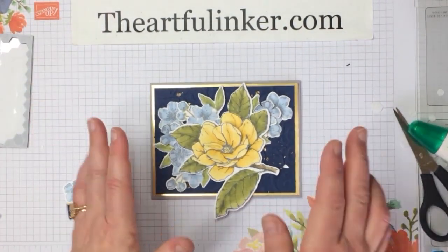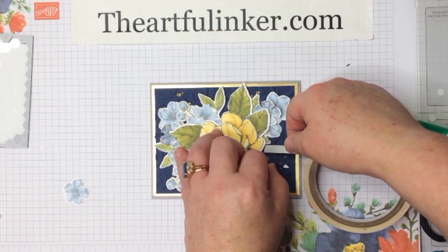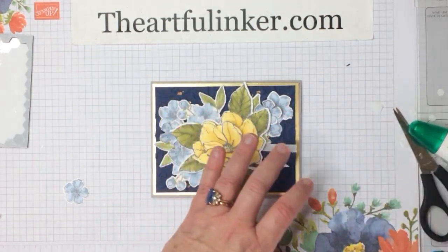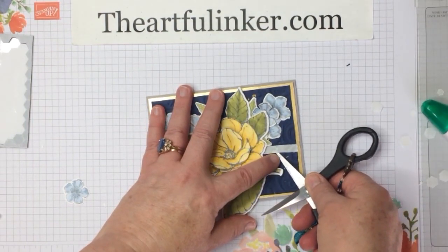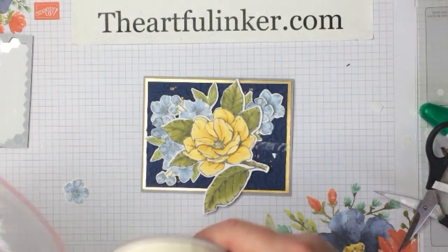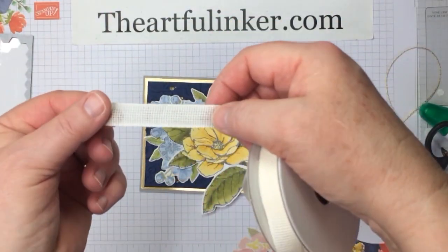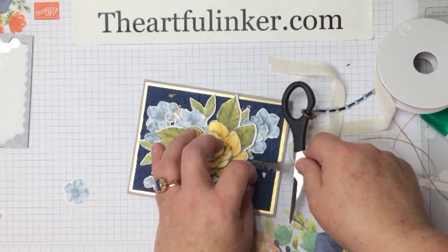Now, in my desire to finish, I did forget that I had added some fibers to the previous card, so I'm going to go ahead and do that now. I like tear and tape for my ribbon, so I've added a piece here, and let's grab that. Oh, don't have the pokey end on my Take Your Pick tool, so there we go. And I've got the combo pack of Forever Greenery ribbon, and we're going to put down a piece of this open weave vanilla ribbon. I really like the texture and how soft this is, so let me lift this and